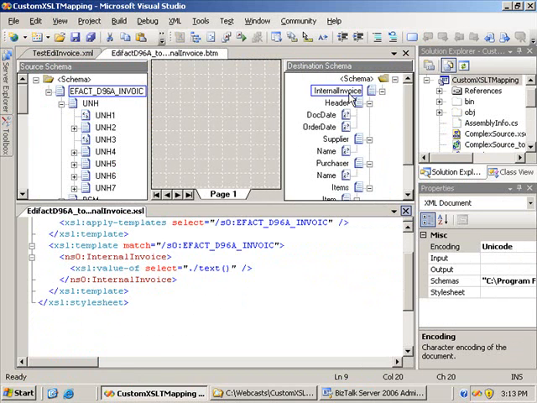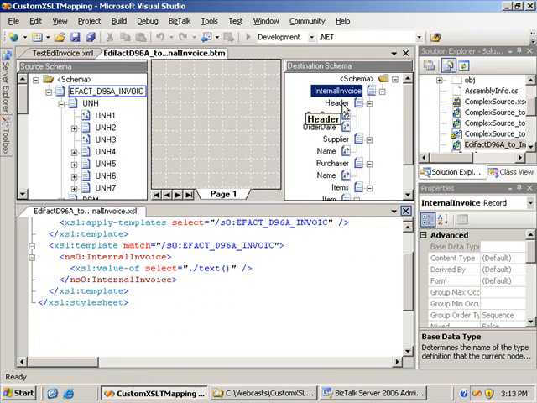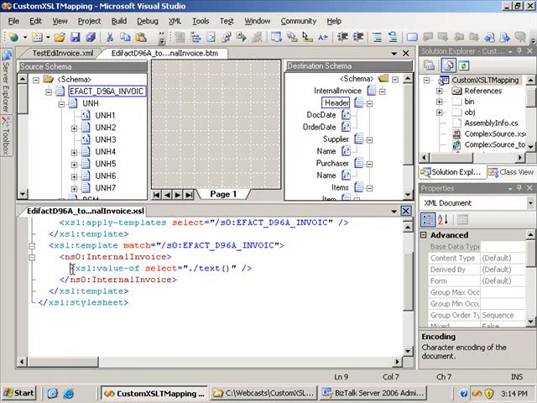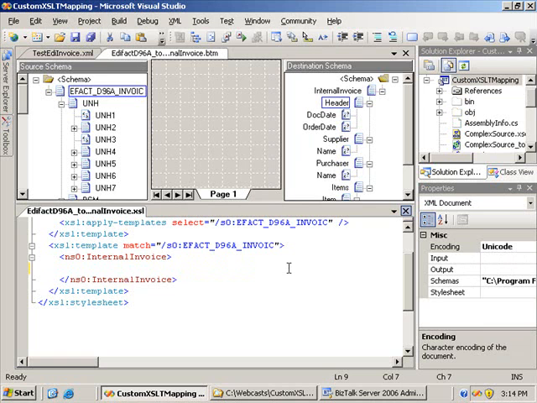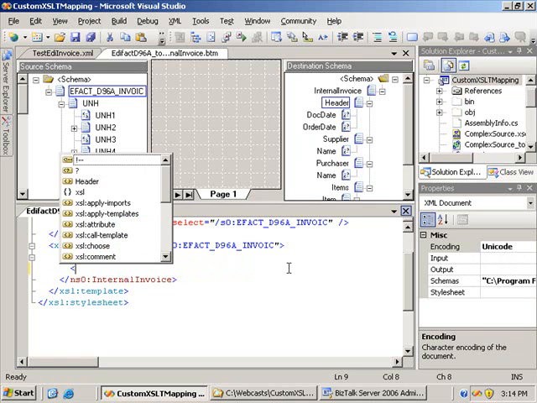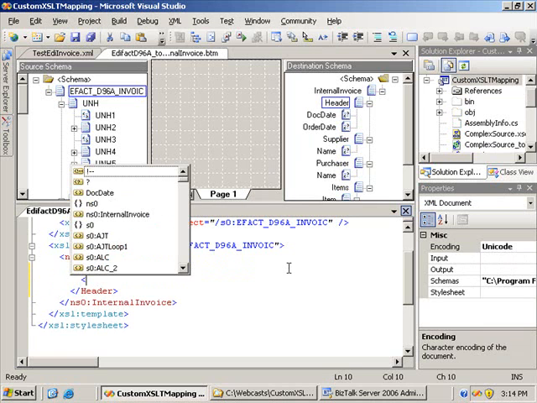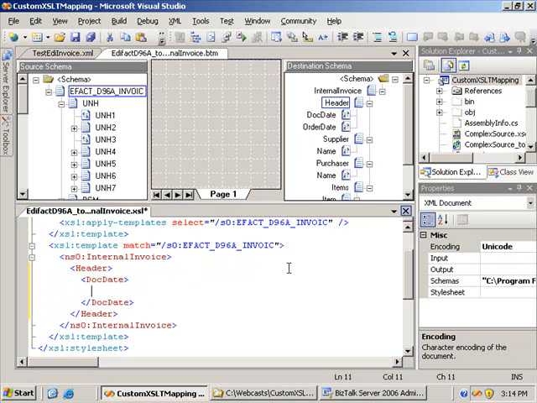So what's going on here is we are generating the internal invoice, and I'm going to delete this link that we generated there and start building up my structure. We're going to have the header structure here, and then we need the doc date and the actual order date. Now, sorry, it should be